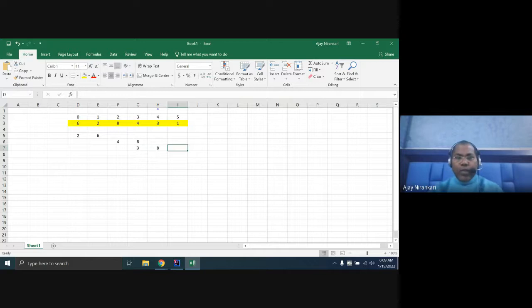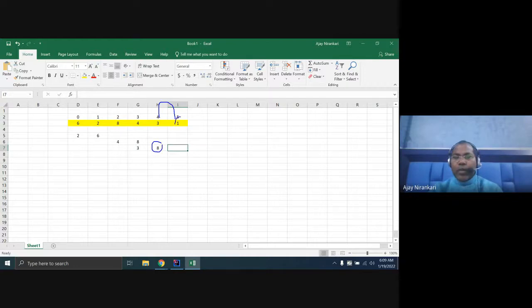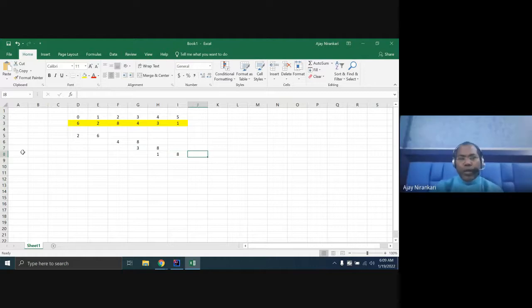And again we compare this position with this position. This position has 8 and this position has a 1. So surely 1 is less, so it should be swapped. So here we put 1, and here should be 8. So whenever you run the loop one time,